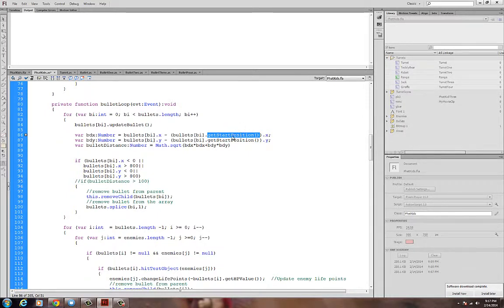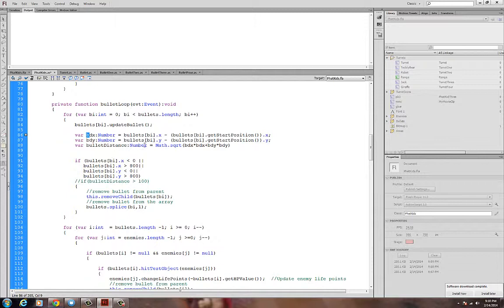But this guy doesn't return an x-coordinate, it returns a point. So I take this whole thing, which is going to be a point now, and I'm taking the x-coordinate of that point and the y-coordinate of that point. And so I take the current x location and I subtract the starting x location. I take the current y location, I subtract the starting y location, and those guys get loaded into BDX and BDY. So this is for the bullet change in x, the bullet change in y, and I get bullet distance